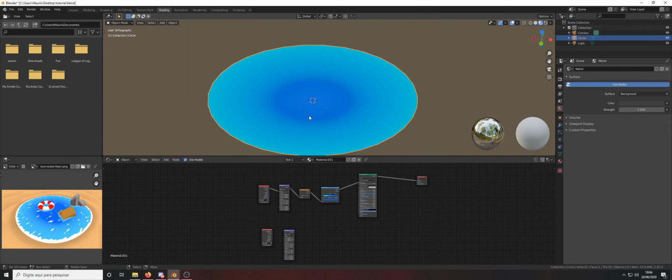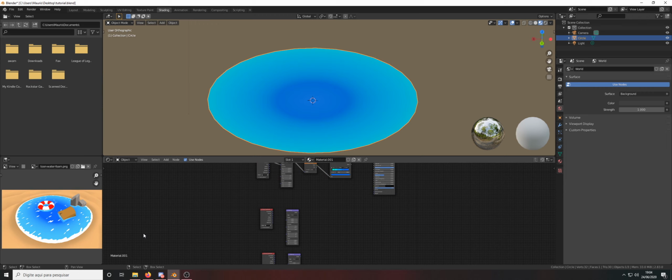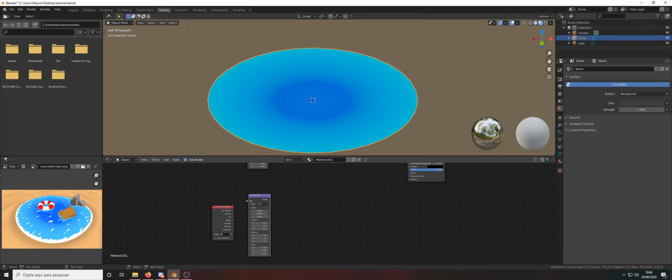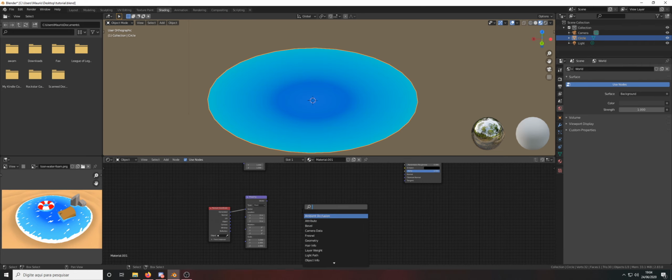Okay, so the second part, we are going to create those, I don't know, ripples here. I don't know how it's called in English. So let's connect again this one, and now we're gonna need a noise texture. Add to the vector a math node,